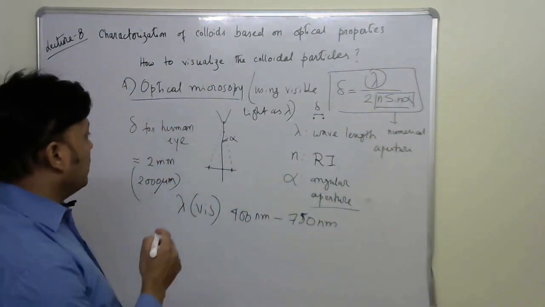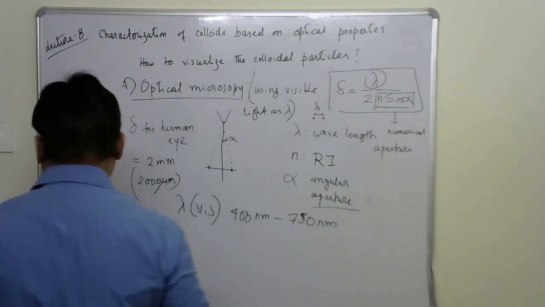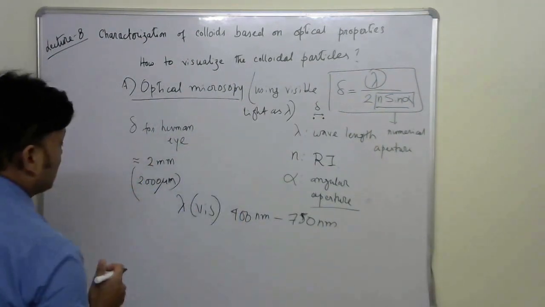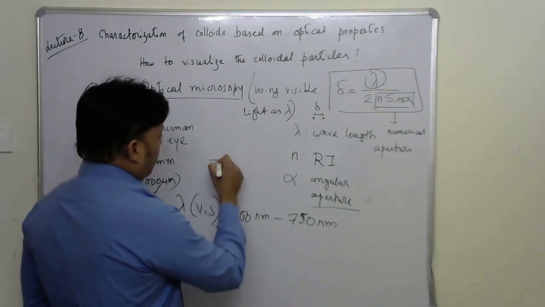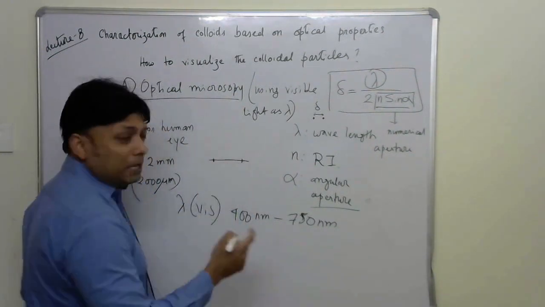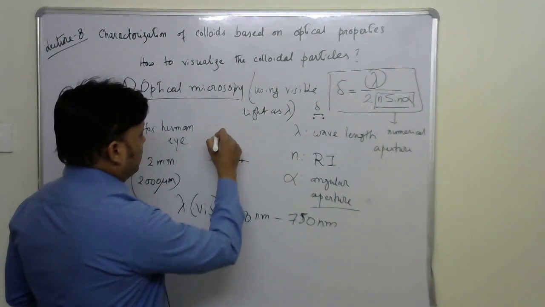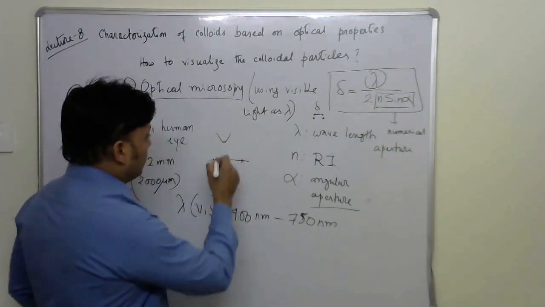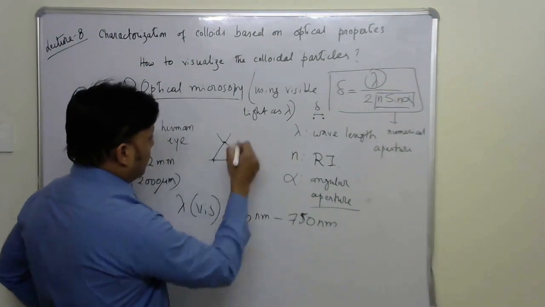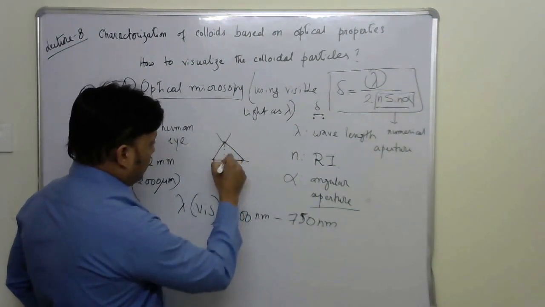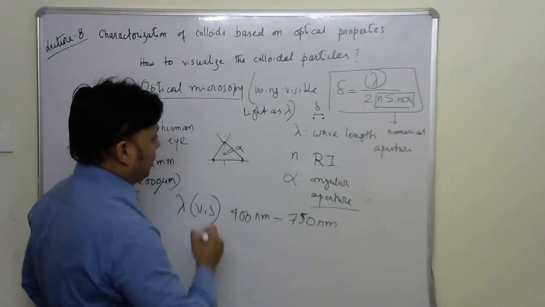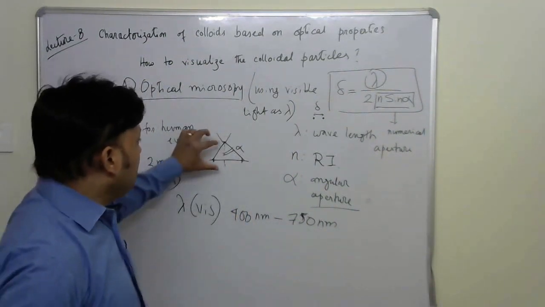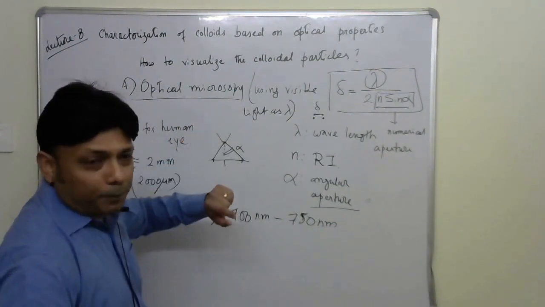So if you reconsider this image, having a high alpha means your object or the field of view of the object should be as close as possible to your objective lens. So we have a wider angle, that means we have a wider alpha. This way we can adjust a little bit, but beyond the limit we cannot improve the alpha